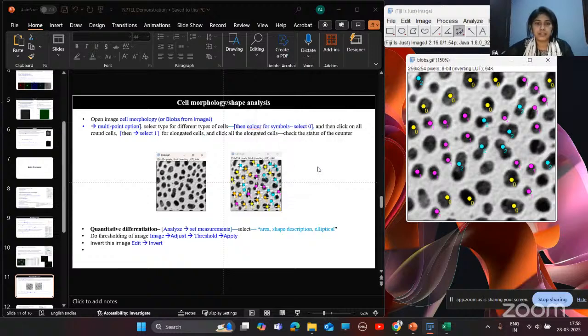Okay, so next move to this quantitative analysis. If you have this type of different cells, and you want to quantify the area of all these smaller and larger cells, and analyze which cells are circular in nature and which cells are elongated, then by doing this quantitative analysis, at the end you will be able to quantitatively differentiate which are circular and which are elongated.